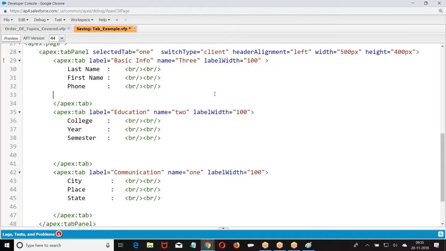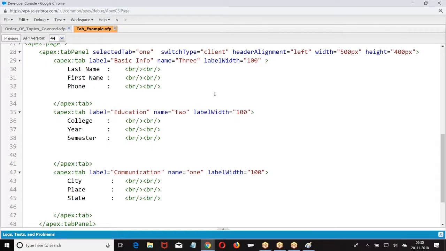So we have already specified that ID equal to 1. Fine. So what is the reason behind selecting the selected tab? I was explaining ID, so I have taken ID equal to 1, 2, 3. I was explaining name, that's why I have taken name equal to 1, 2, 3. I told if you want to control with Apex, I'll go with name. If you want to control with the script, I'll go with ID. There are two different concepts.